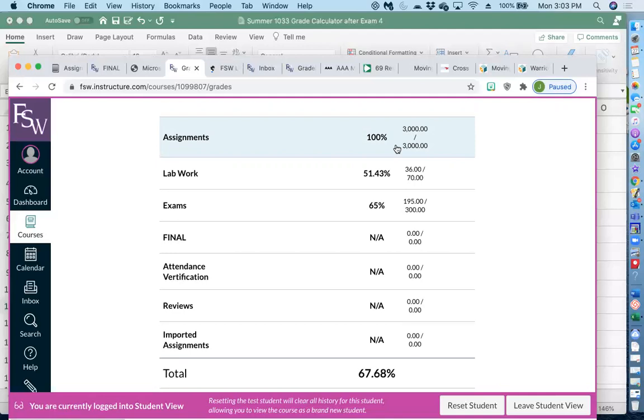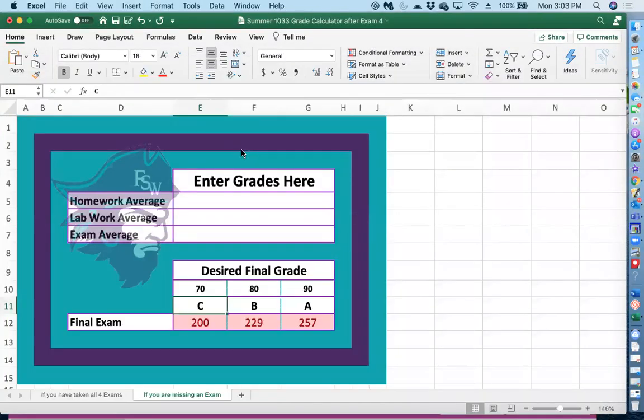This is your homework average, here's your lab work average, and here's your exam average. Obviously we don't know what the final exam is going to give me. So I'm going to take these numbers here: 100%, 51.43, and 65. Let's go back to our calculator. Homework was 100%. Man, I'm good. Lab work was 51.43, and I was missing an exam, so I'm in the right tab here, which is missing exam 4,